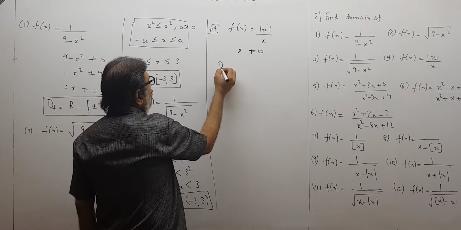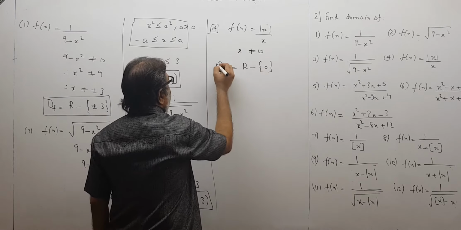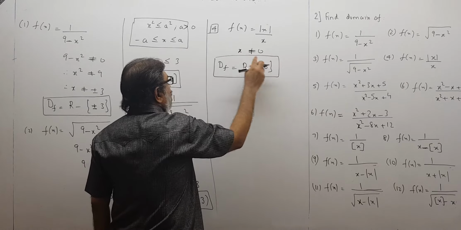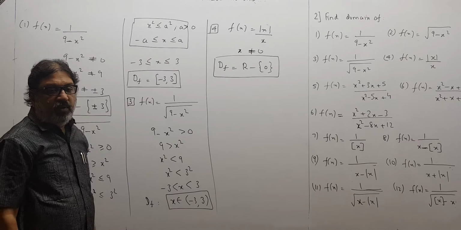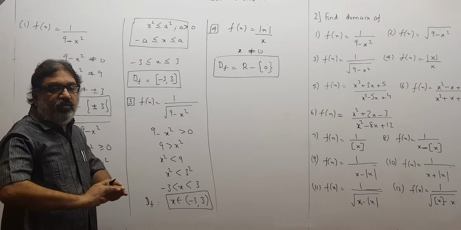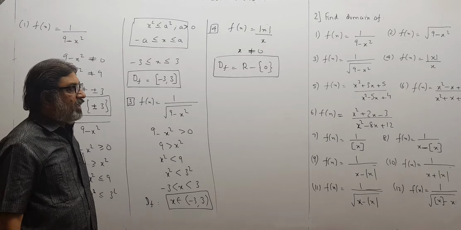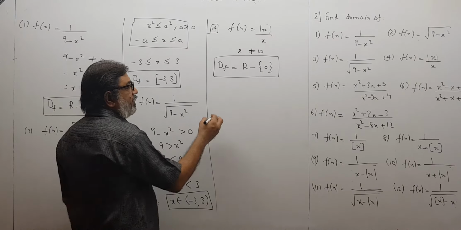So what is my domain? The domain of the function is R minus the element 0. Please realize, children, what I am doing. Okay, like this you have to think. You have to think for what values the function will not be defined. Those values you have to get rid of from the set of real numbers, and that way you get your domain. This is the method to get the domain. Fifth one,